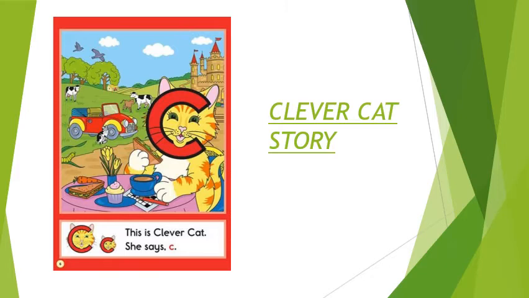So let's listen to the story of Clever Cat. Clever Cat loves to sit by Letterland Castle, having a cup of cocoa and doing her crossword puzzles. She is such a clever cat that she can fill all the words before she finishes her cake. Yum yum. If you went to Letterland, you would probably see Clever Cat driving around in her car. Pom pom pom pom.